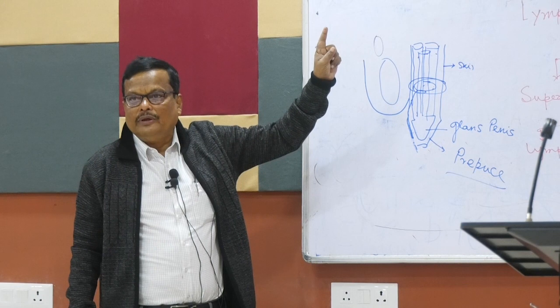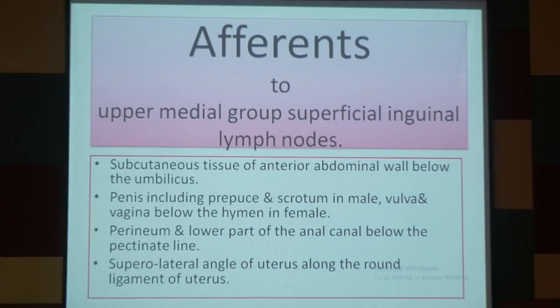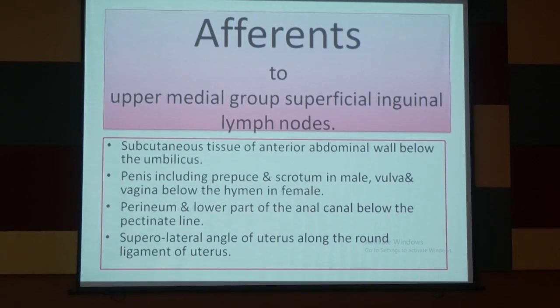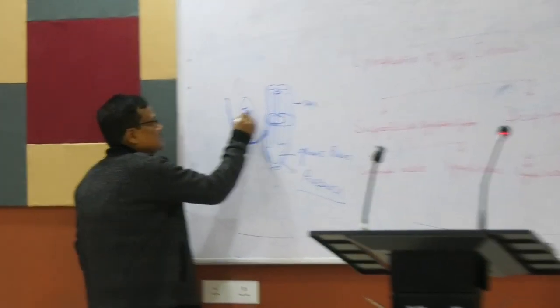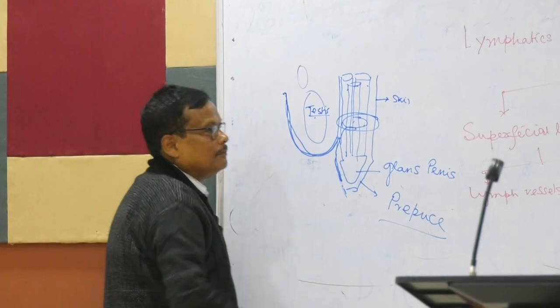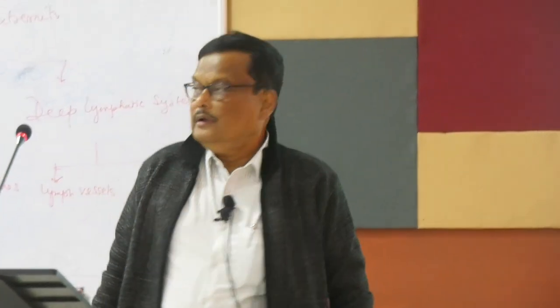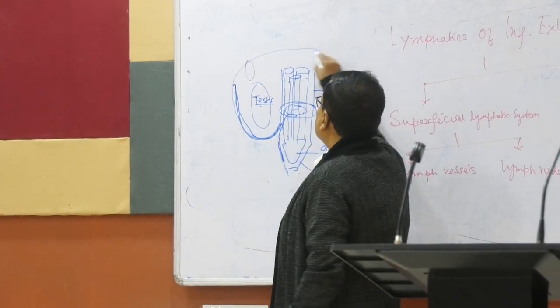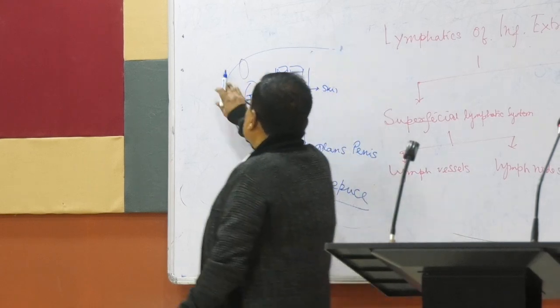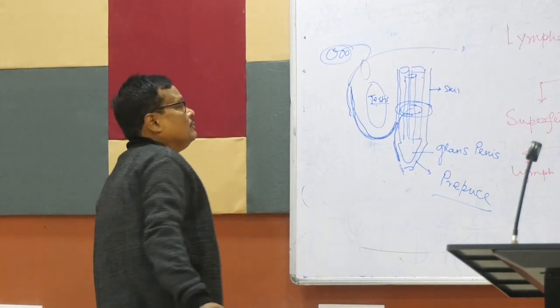নোডস অন্যখানে ড্রেন করবে। তাহলে কি লিখেছি? পেনিস ইনক্লুডিং দ্য প্রিপিউস অ্যান্ড দ্য স্ক্রোটাম। আমরা জানি এইটা হচ্ছে স্ক্রোটাম, আর এইটা কি? টেস্টিস, যেখানে স্পার্ম উৎপাদন হয়, স্পার্মাটোজোয়া ডেভেলপ। কেমন? তাহলে পেনিস অ্যান্ড স্ক্রোটাম গোজ টু দ্য, সরি এইদিকে যাবে, গোজ টু দ্য আপার মিডিয়াল গ্রুপ অফ সুপারফিশিয়াল লিম্ফ নোডস।